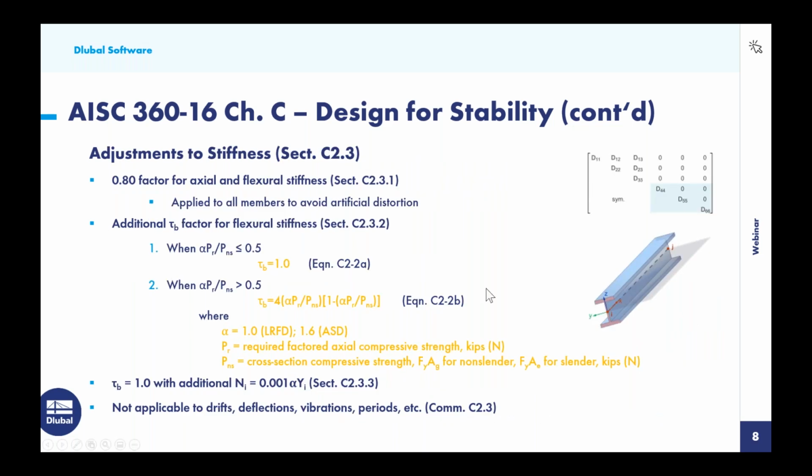Now, the final topic here is item number 4, adjustments to stiffness in section C2.3 to account for inelasticity. The first requirement is to apply a 0.8 factor for axial and flexural stiffness. Now, this should be applied to all members that contribute to the stability of the structure, but the code goes on to say, well, in order to avoid artificial distortion, just go ahead and apply this factor to all members